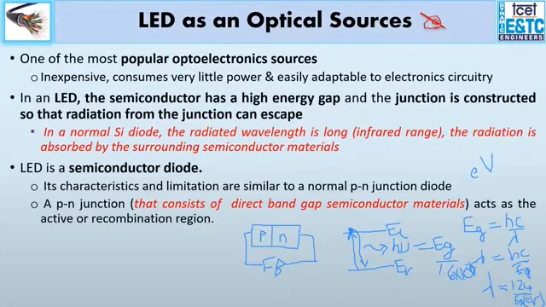Okay. Now, one more important thing: when I say that this carrier is falling from the conduction band to the valence band, the energy is released as a photon. This may actually happen in a special type of semiconductor, a direct band gap semiconductor. So we classify our semiconductors into two categories. The first one is direct and the other is indirect. What is the difference between direct and indirect we can understand with the help of an energy band diagram. This is how your energy bands look.